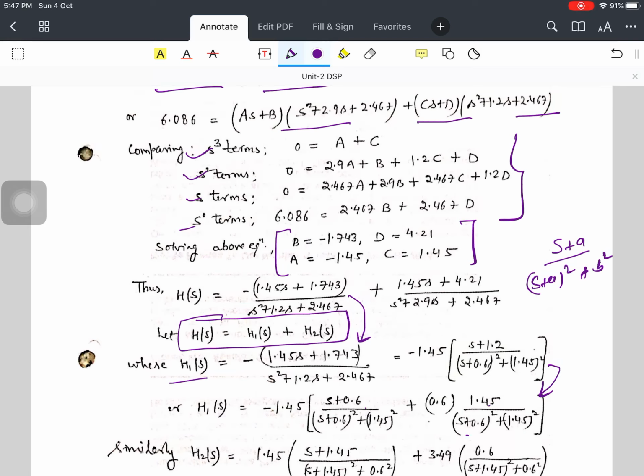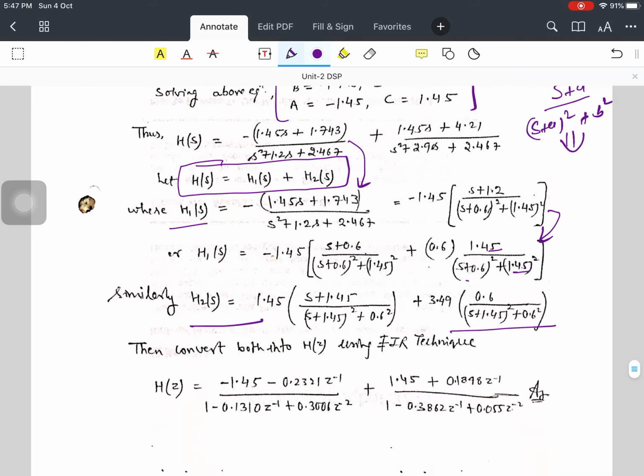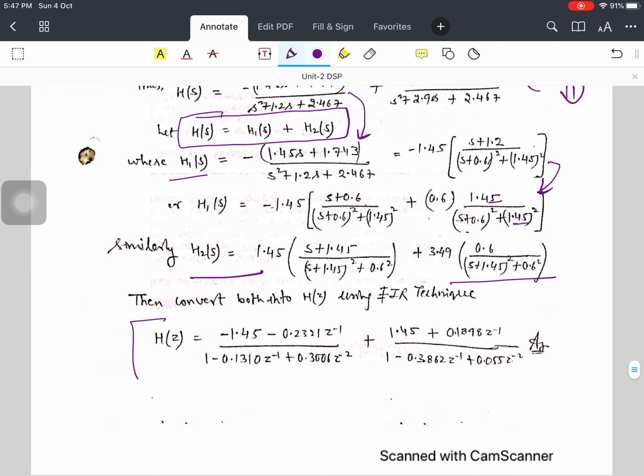We have to make it in this form, which we saw in the previous lectures on impulse invariance, that is how we have to design our transfer function, because we know the generalized form and we know the Z transform of this combination of functions. We do the same for H2(s), and ultimately we can write it out in the Z transform domain. That will be the design of the digital Butterworth IIR filter.